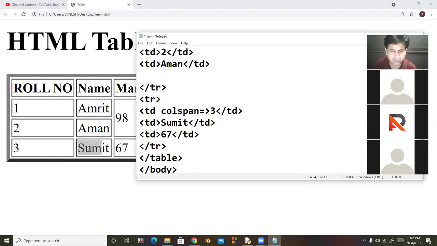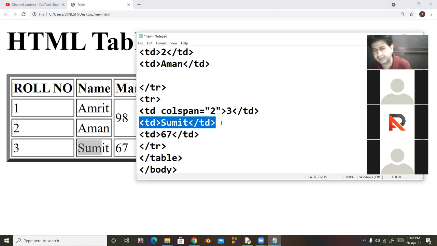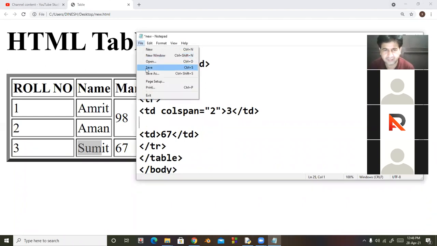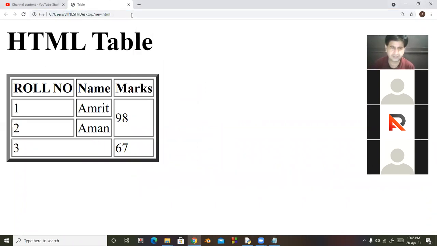How many cells you want to merge? 2 cells. So here I type 3, and second cell I will delete here. I am going to delete this cell. I am saving this. So look at here, this is row span. This is col span.